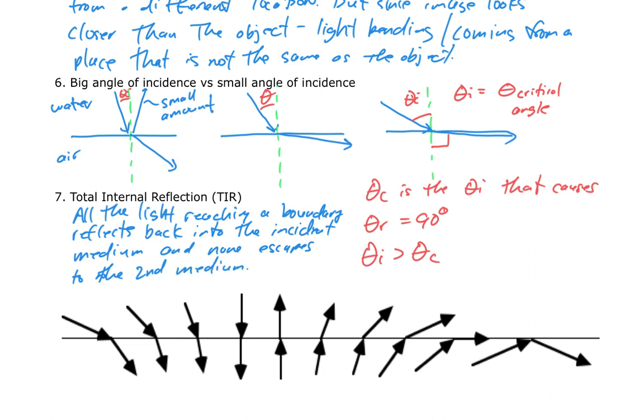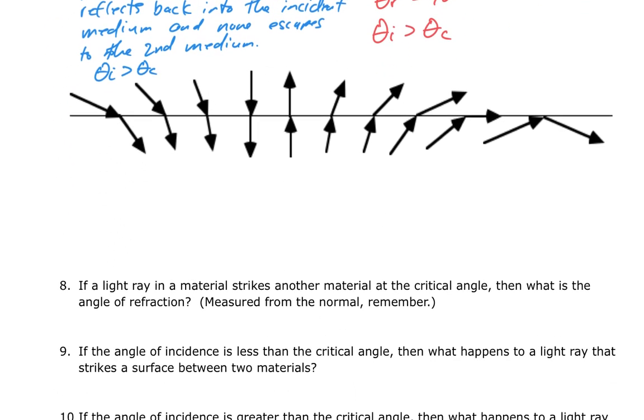Okay. This occurs when the incident angle is greater than the critical angle. So if we take a look at our drawing here, let's label this. Let's say that this is the fast, so maybe this is the air, and this down here is the slow, maybe this is water. Now you might be asking, how do I know that? Well, I know that because if I were to draw a perpendicular right here,